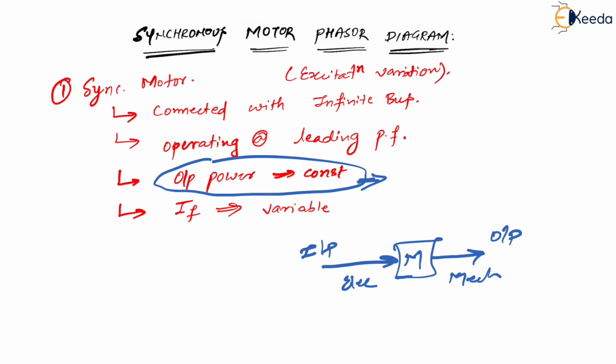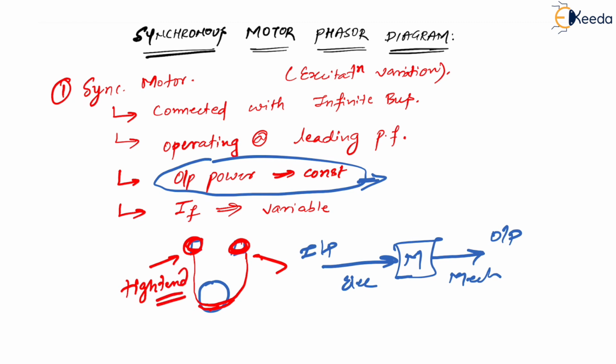So when I say that the output is constant, for example, this is a motor, and it will be attached to some brake drum like this. We have talked about it earlier as well in the first videos. Then here you will have some springs. You tighten the springs, and now you keep it at the same position. This is what we mean when we say that the output power is constant.